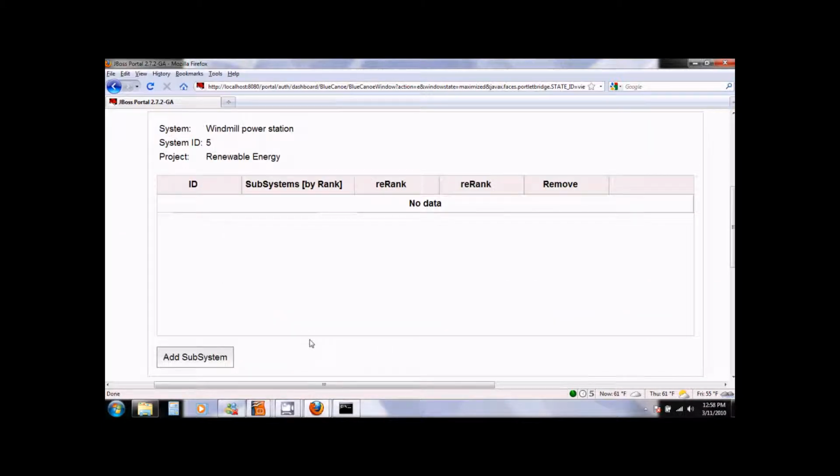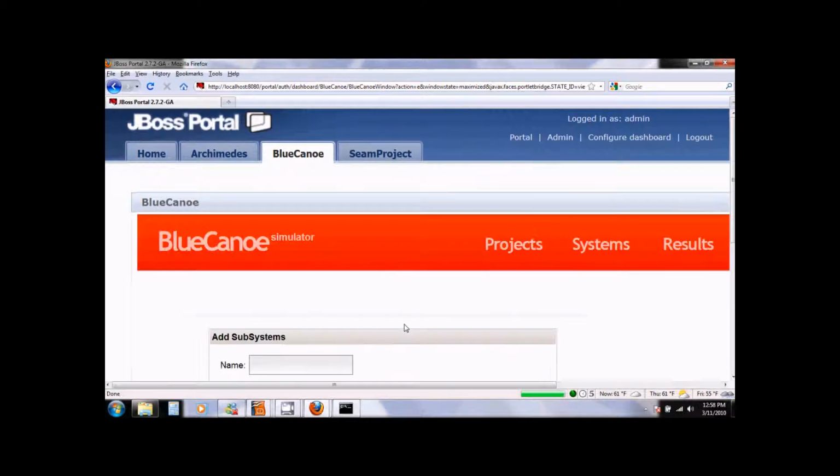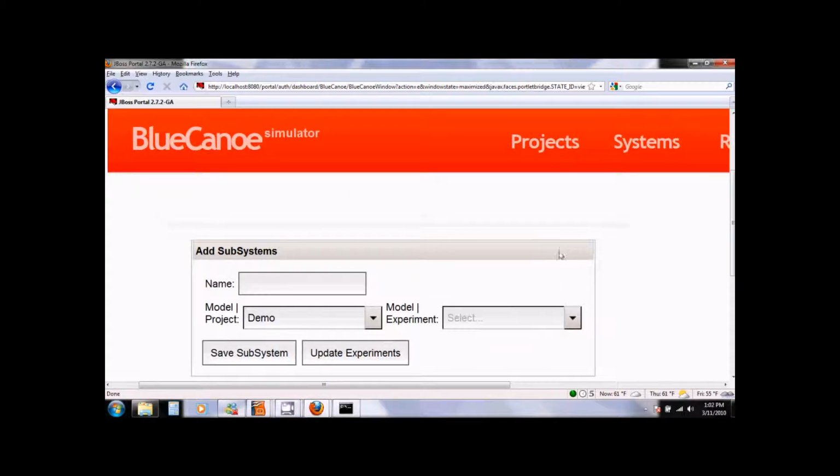Initially, we see that our system does not contain any subsystem. To include subsystems, we click on the Add Subsystem button. To create a subsystem, we specify its name and then we select an Archimedes experiment to link to it.